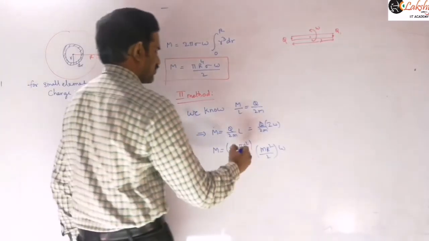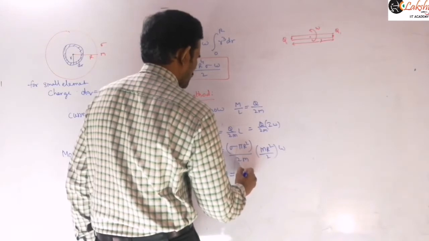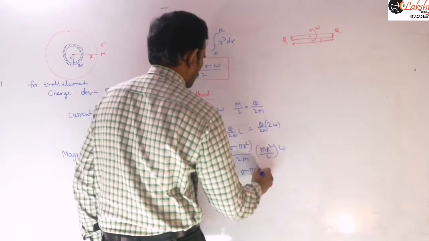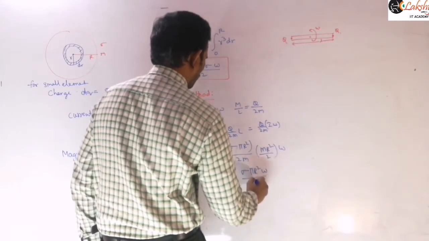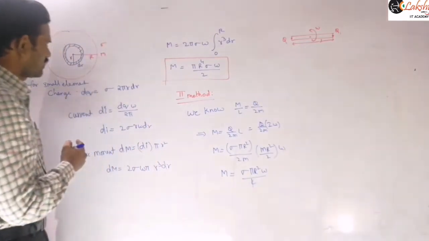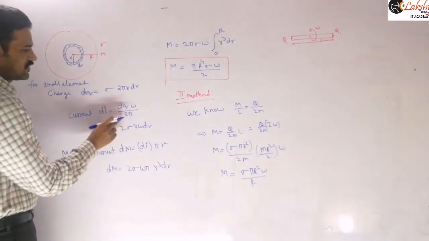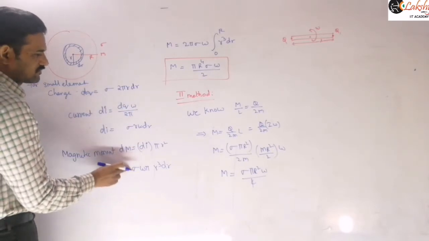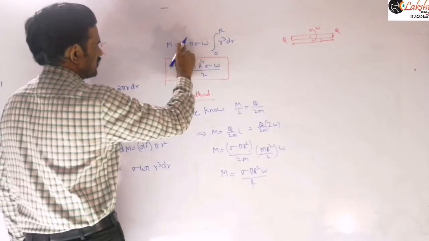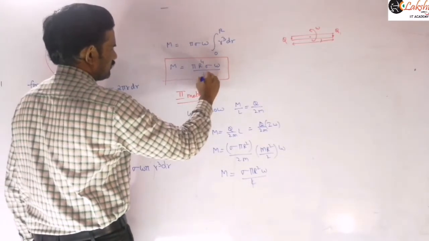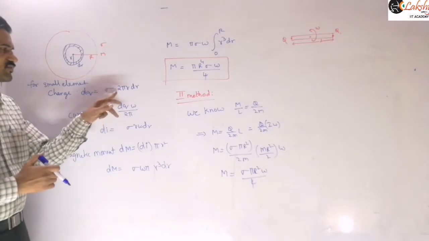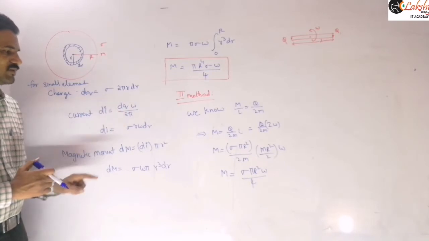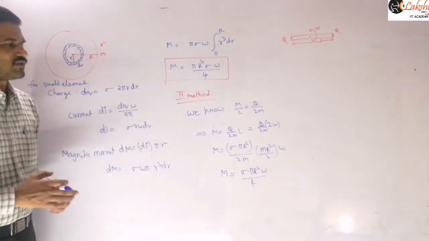So this m is equal to, then you can write this expression as sigma into pi r power 4 omega by 4. I think here we did some mistake. Once we substitute here, then this 2 will be cancelled. So here 2 is not there, and then 4 you will get here. Check this. We need to substitute this dq value here. Once we substitute the dq value, then this 2 pi and 2 pi will be cancelled there. So no 2 will be there here. So then there you will get that 4.